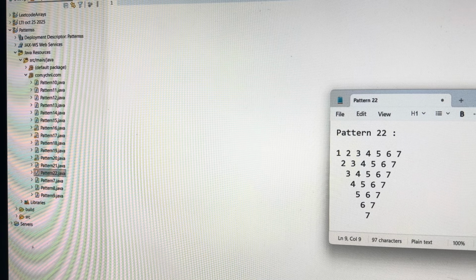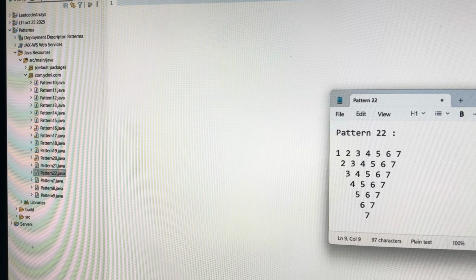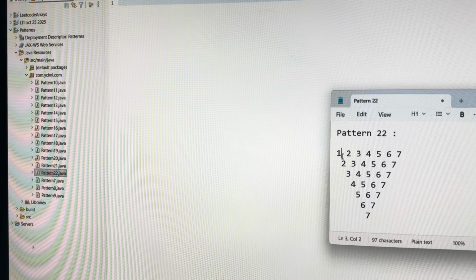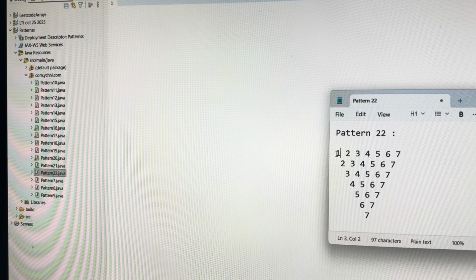Hi everyone. Today we'll discuss this pattern. If you see this pattern, how this pattern is, see